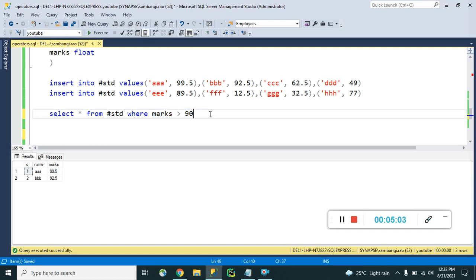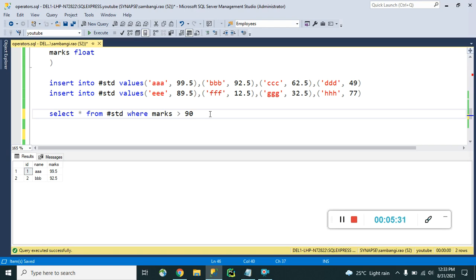This time I don't want to retrieve data of those who have more than 90 marks or less than 40 marks. I just want to retrieve the data of those who have marks between 35 and 90.